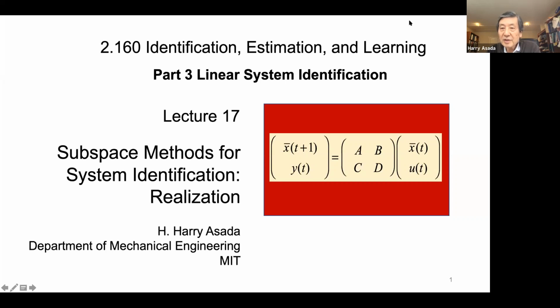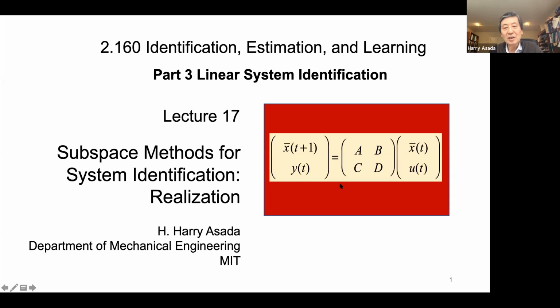Well, we want to discuss the final topic of the linear system identification. It's lecture 17, Subspace Method for System Identification. And this is part one, the realization. So as you can see here,